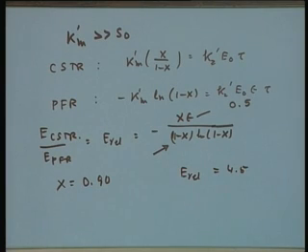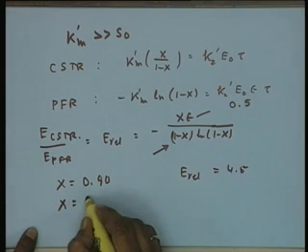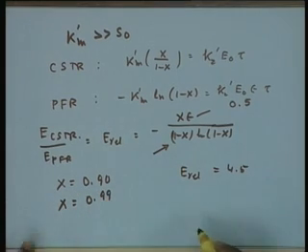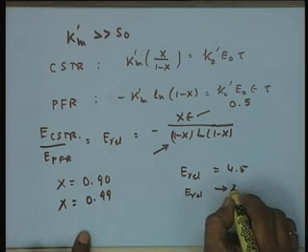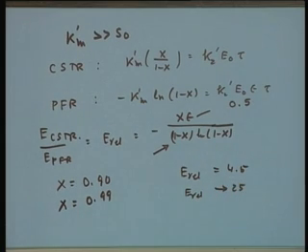Again, if you change this fractional conversion to, let us say, 0.99, the E relative value shoots up to 25. The inference which I want to arrive at is that the higher the fractional conversion required for a particular reaction under first order regime, the more drastically it increases the relative quantity of enzyme required in CSTR.